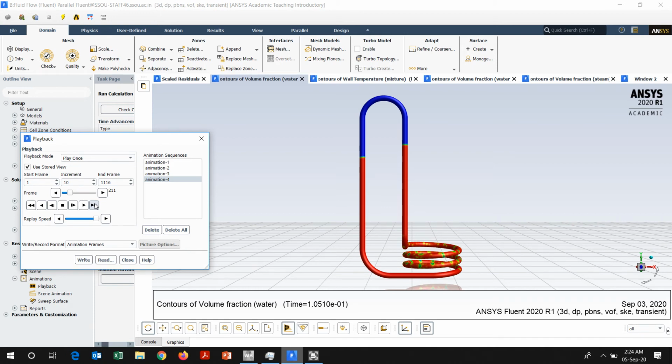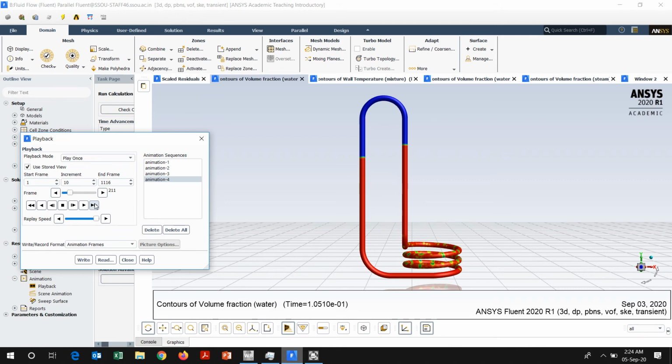Here you can observe the alternate liquid and vapor slugs. They are trying to go towards the condenser section, where they will reject their heat. This is regarding the fourth animation.